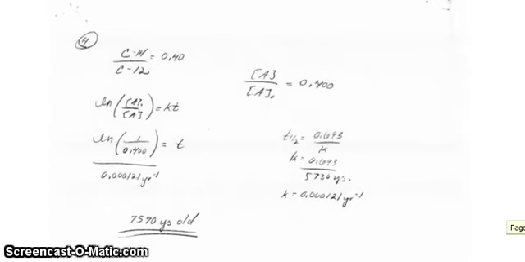Three deals with zero order. You're asked for a time. And 4 deals with